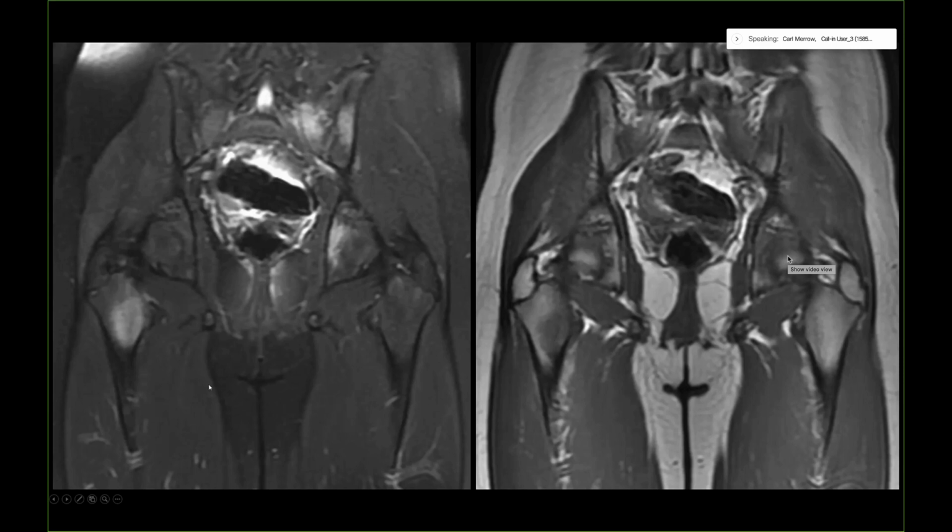And I think everybody can see that there are multiple lesions here throughout the visualized bones, all of which are fairly homogeneously bright in this STIR sequence. So we have one in the intertrochanteric right femur coming out to the lesser trochanter, but not seeming to involve the physis. There's no really surrounding soft tissue abnormality, no periosteal abnormality, not well-defined margins on the STIR or, importantly, on